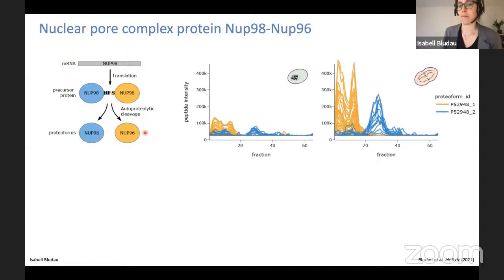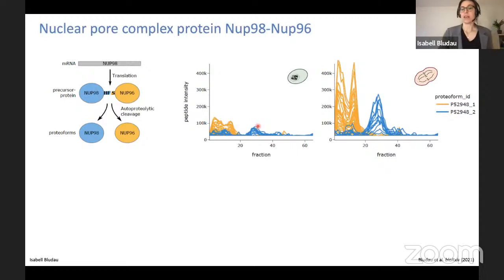If we look at the peptide profiles of all the peptides that map to this gene, you will see that you get very distinct sets. Here, all of the lines correspond to peptides that map to this gene, and the colors of the peptides are determined by the groups that Kopf assigned. What you can see is that the yellow and the blue proteoform groups have very distinct elution patterns along the SAG